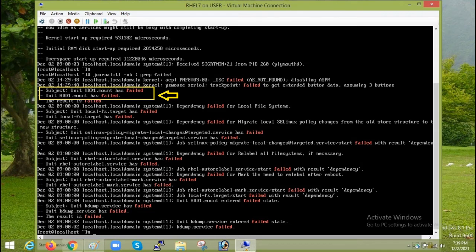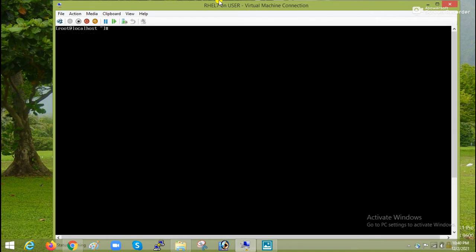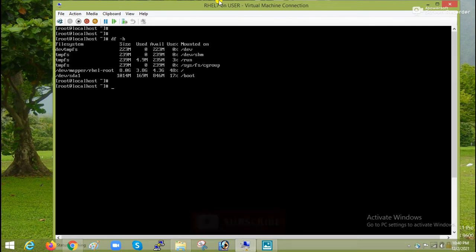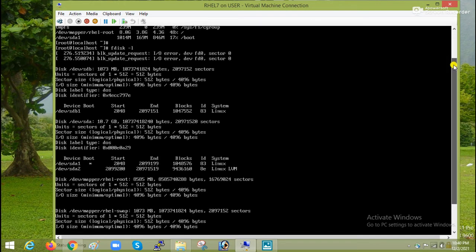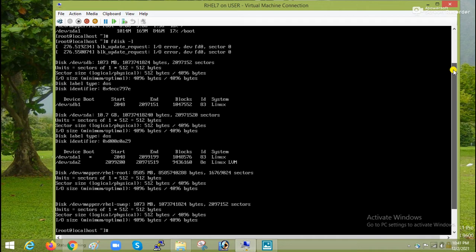For troubleshooting this, I have to check what partitions are in my server. For that, the command is df -h. Here you can see that these partitions are working properly, and for the other partitions we have to check fdisk -l. Here we can check what partitions are present in my server.